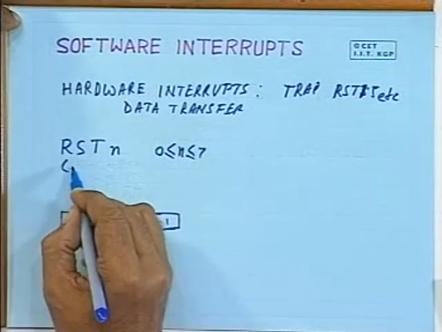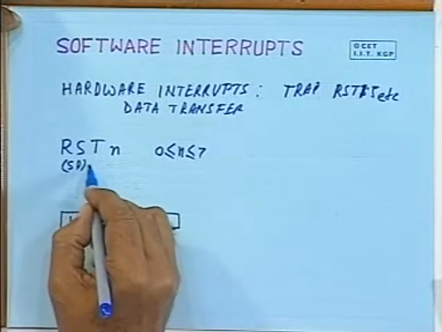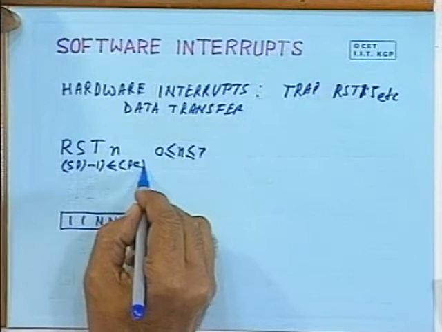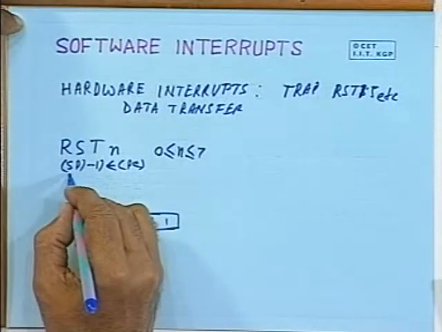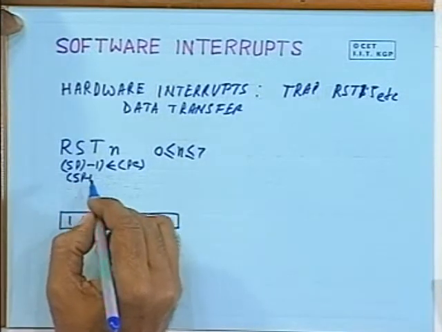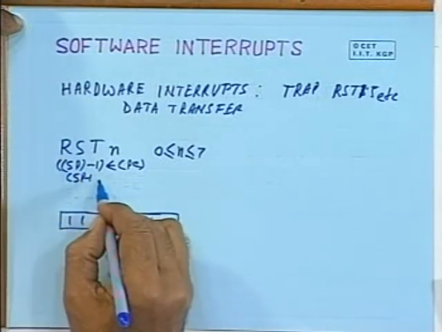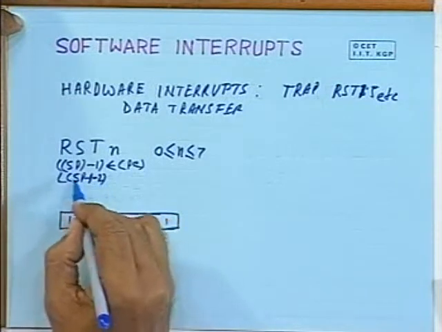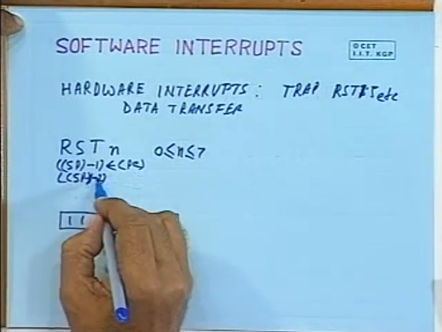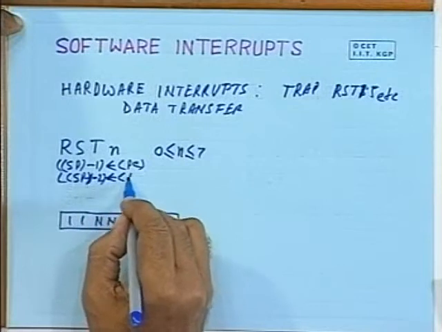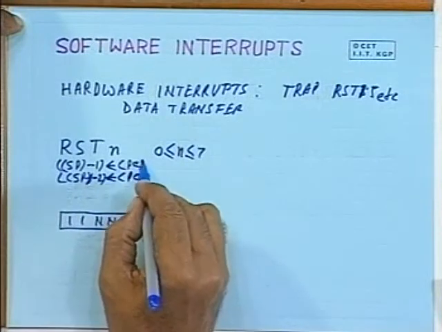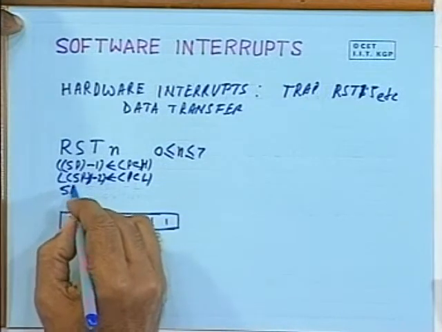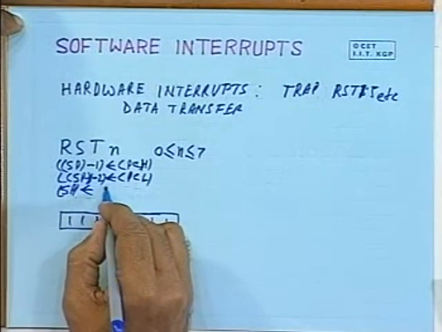What it does, it stores the program counter value in the stack, just like whenever an interrupt occurs. Program counter low and program counter high are stored there. Then the stack pointer is decremented by 2,